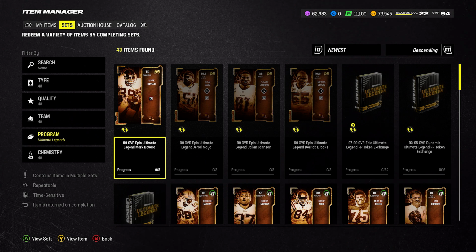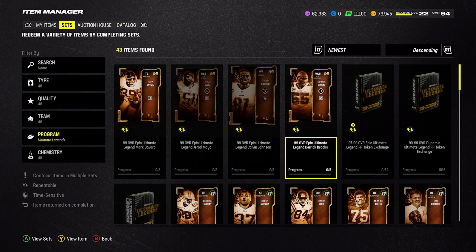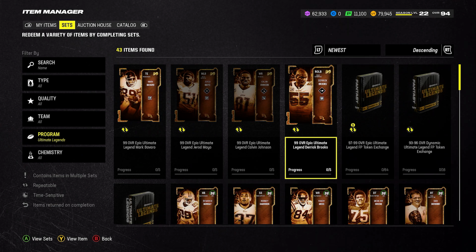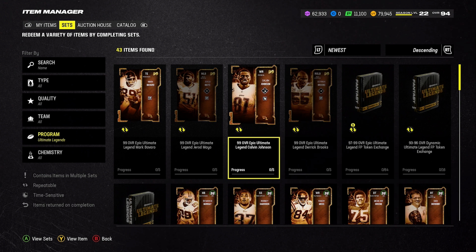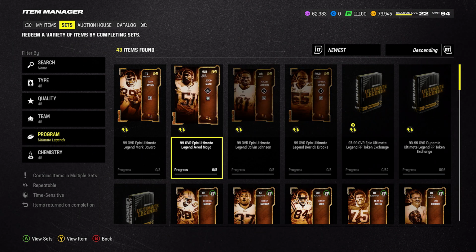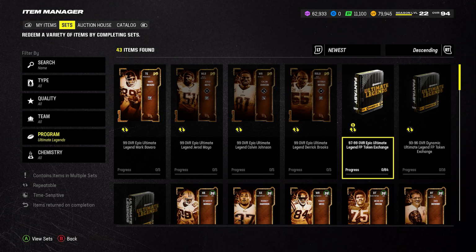Alright, so you see here we've got some 99s already filling in, and we're going to probably get a couple more this weekend. Doesn't include the LTDs, but you do still get some pretty good options already. I mean, Calvin Johnson's going to be one of the best receivers in the game. But there's going to be more that are going to come out, and as you can see here, you get